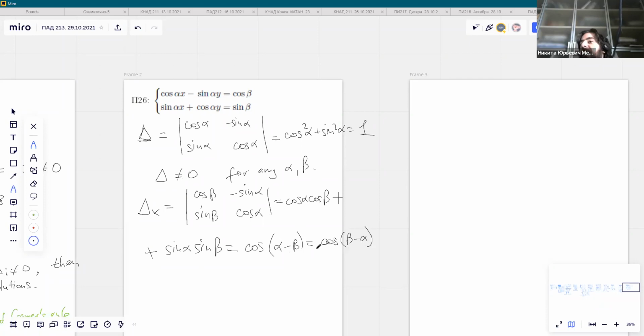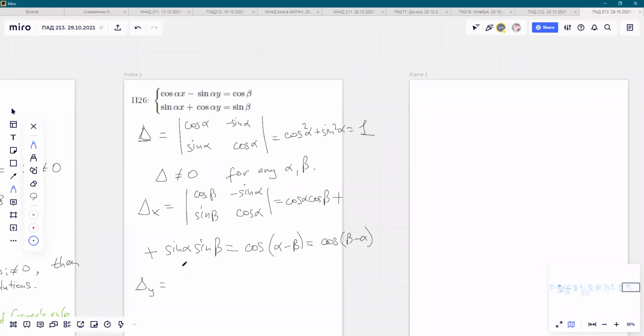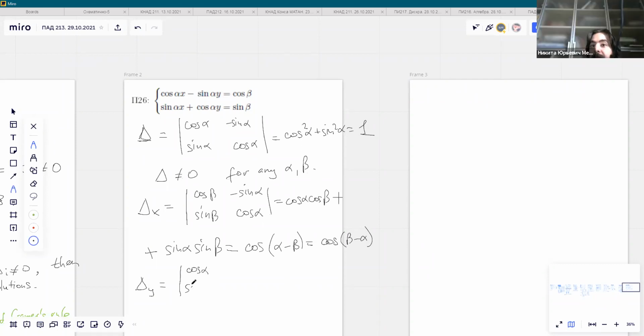In fact, that is the same. Cosine is an even function. Cosine of plus something equals cosine of minus something. Okay, now let me do the same, but for delta y,